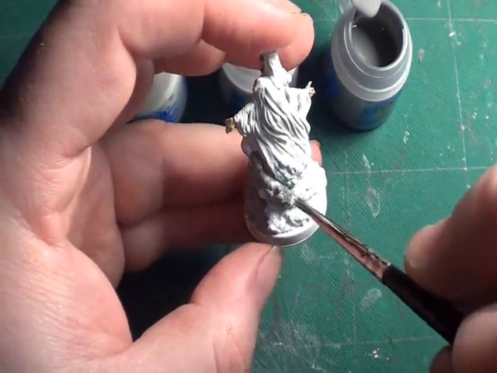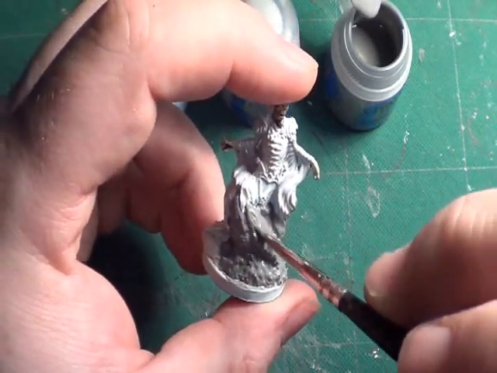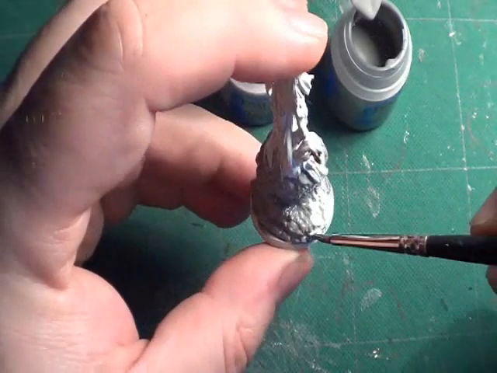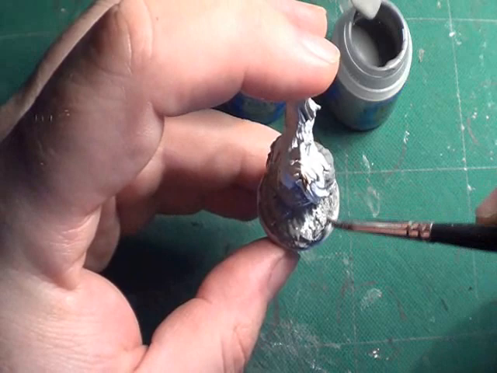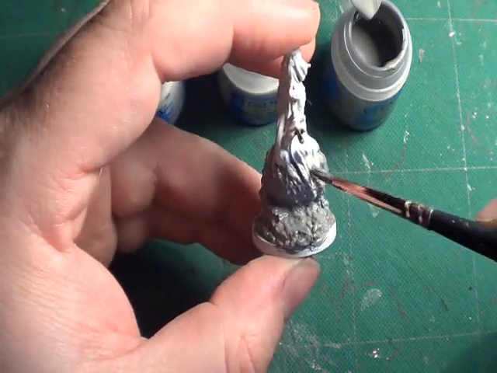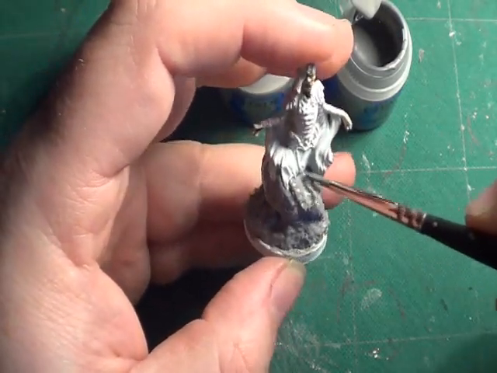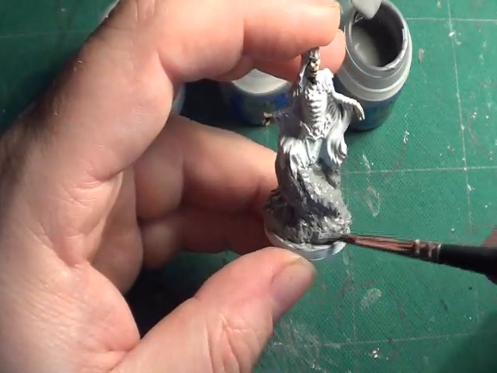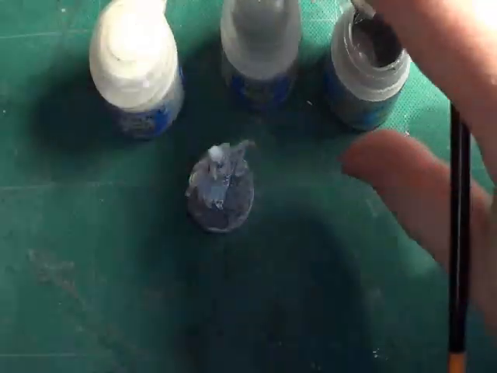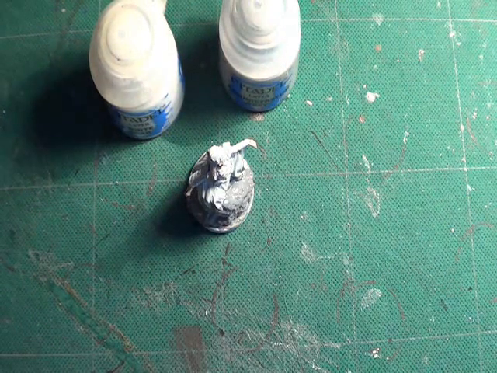So this is going to give the effect of dust particles rising up from the ground and swirling round where I'm assuming his feet would be and his legs. Yeah. Almost done. That looks to be more. Okay, there we are. So that's the first layer of grey done. That can go. As we clean our brush,